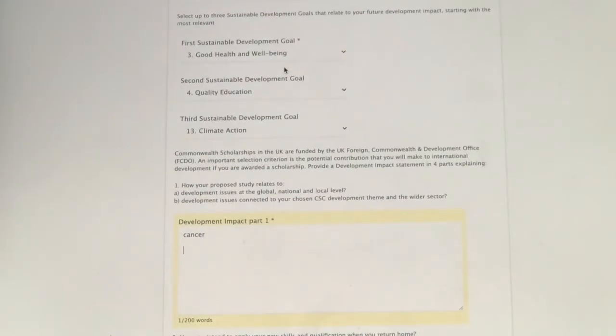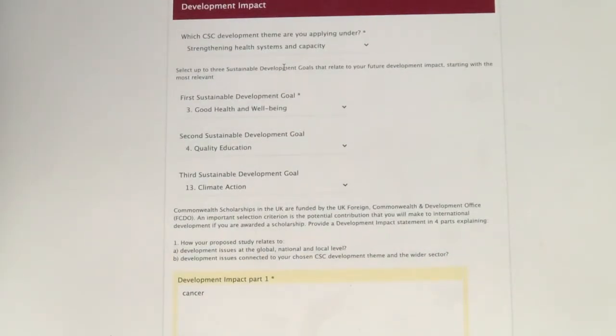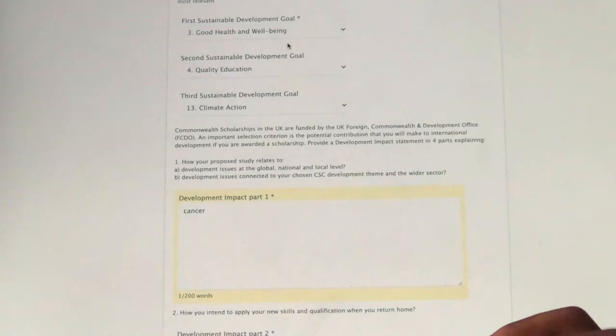You can just explain how it can be a burden in various health systems, and then you can talk about the emotional burden it causes in various families, because it's so sad that we don't have an absolute cure for this disease.